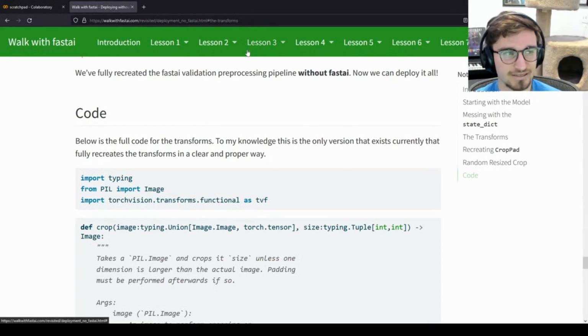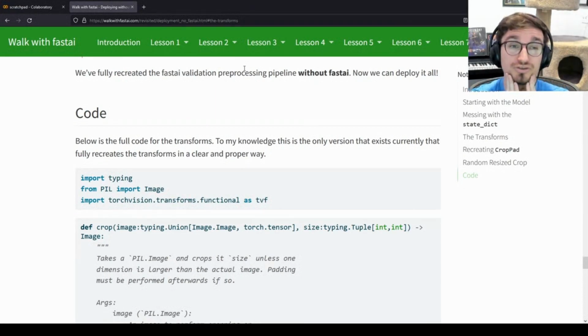Now it exists in the GitHub, I believe. I was debating if I wanted to even include this or not, but it's there. And please, because it is probably one of the single most important code snippets I've ever made in my life. And that's not even me trying to toot my own horn. It's just, this is one of the most common questions that people want and need due to the deployment issues